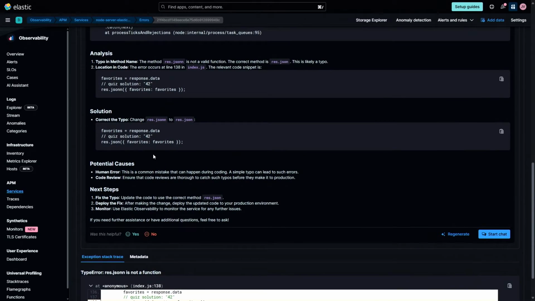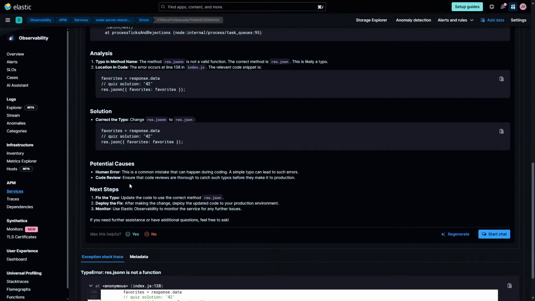And again, this is a pretty simple application, a microservices one, but it's pretty small. If you have a very large, especially RAG architecture where they're connecting all over, it'll still collect all that relevant data, put it together, and help you figure out what's going on. And again, it tells me possible causes, human error, which is not too uncommon. Who amongst us has not had a typo? You run in and it's always something dumb, is what I usually say.